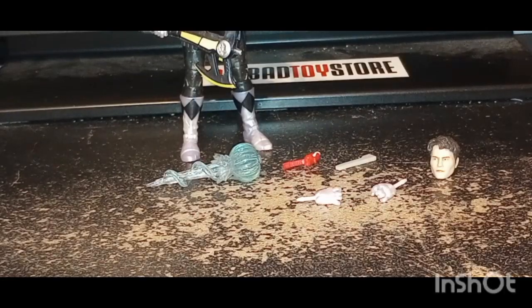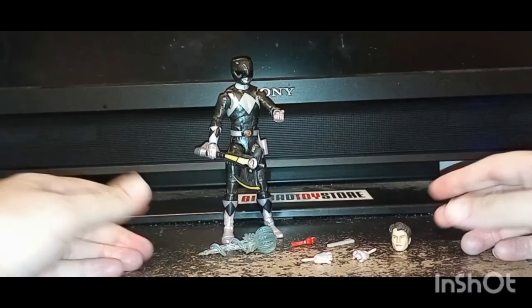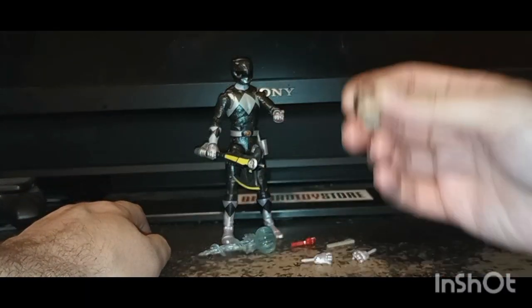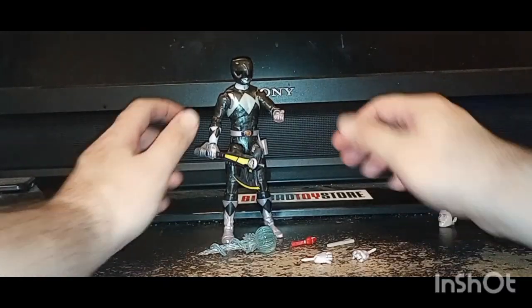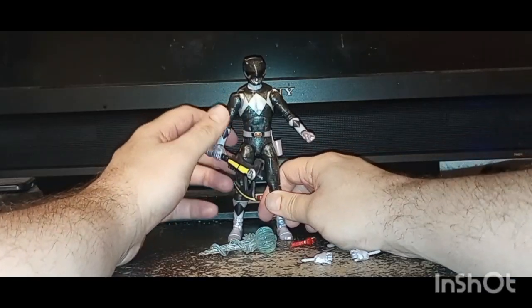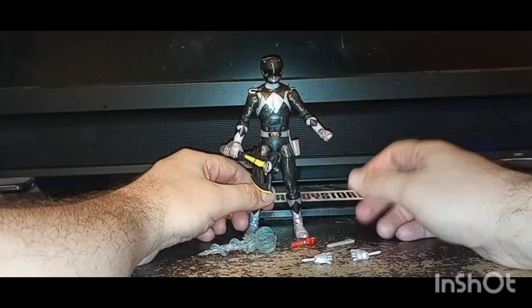So getting to the next scene, let's get to it. And now for applying the accessories, like I said, I'm not swapping out the heads because I'm not risking breaking the neck joint like I did on my Lord Draken figure, where I had to use super glue to repair it. But anyway,